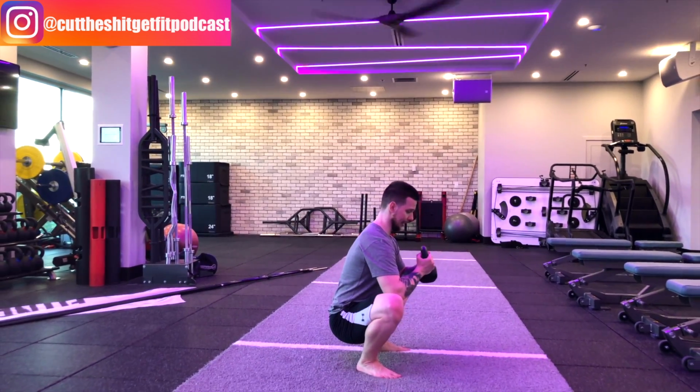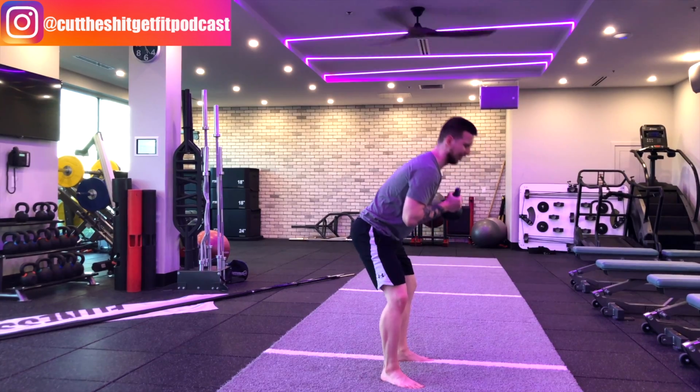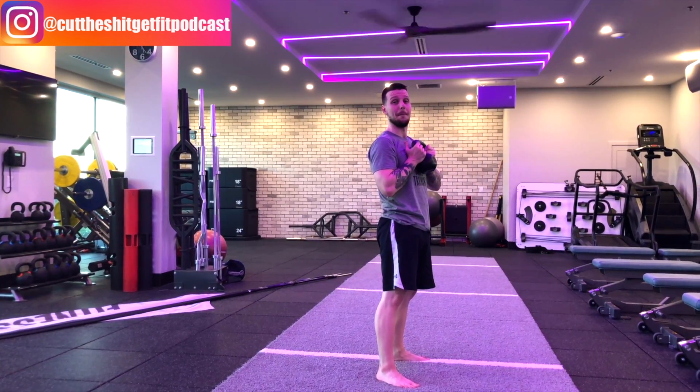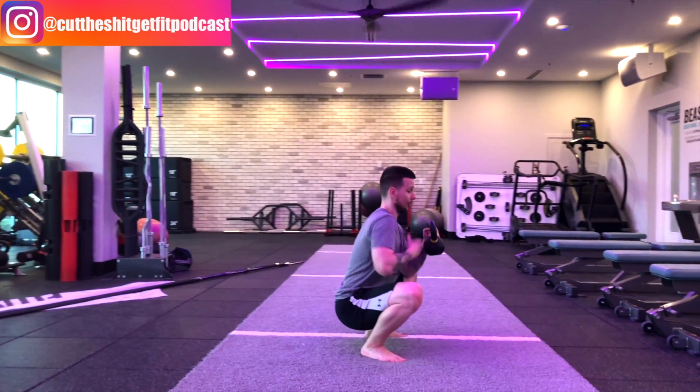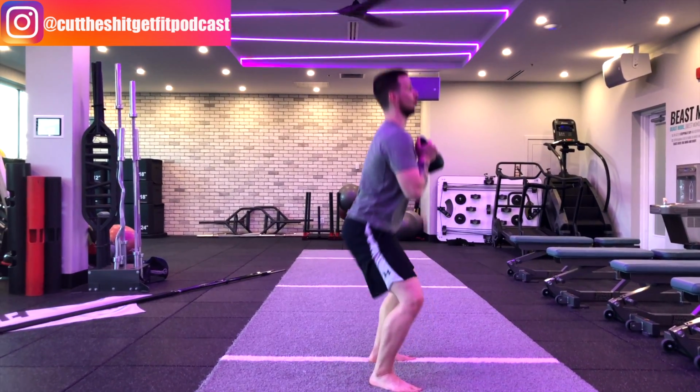The other thing I see a lot when people are doing this for the first time is their ascent up towards the ceiling is they'll stay here, they look great, and as they come up, they shoot the bum up, and then they do almost like a good morning, and that's not gonna feel that great on the back. So you wanna make sure you're taking that chest up towards the ceiling, leading with your heart coming straight up,